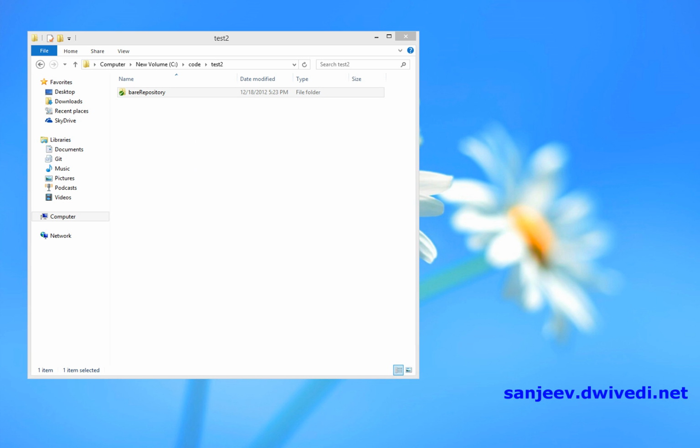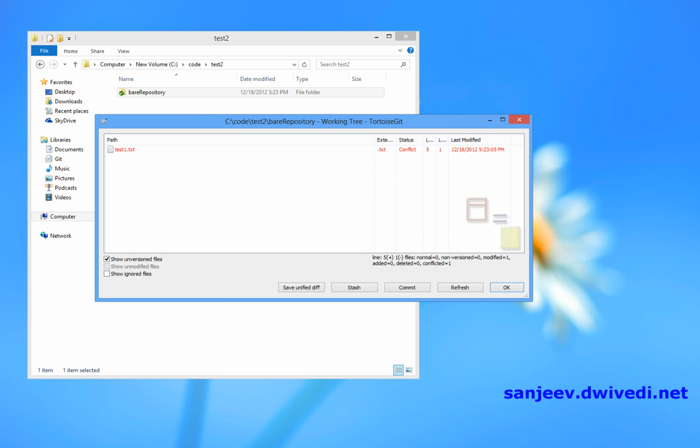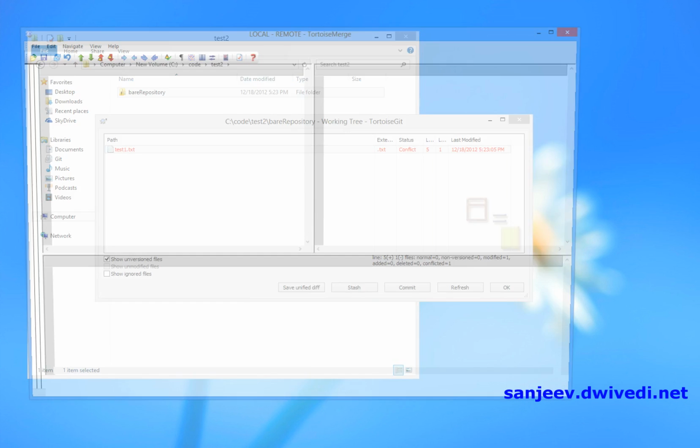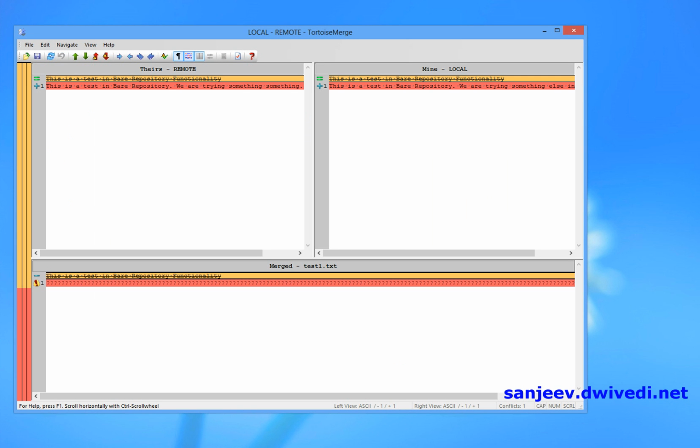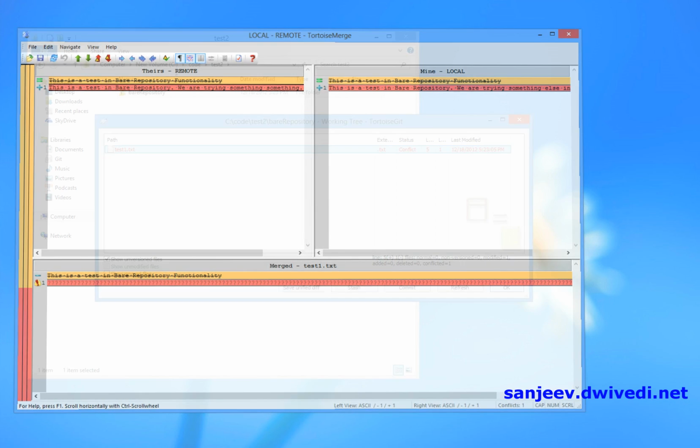Okay, so let's close this, and then Git will bring a little dialog saying, do you want to see the changes? And you say okay, let's see, and it brings in another window, and it says there is a conflict. So let's double click this, and it will show us these are the changes, and it's showing you that the same line has been changed on both sides, and it doesn't know how to resolve this. So automatic resolve has failed. So let's close this window,